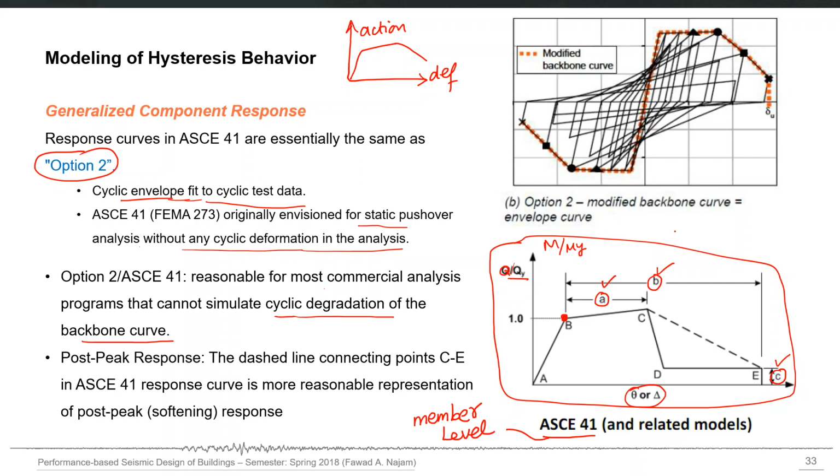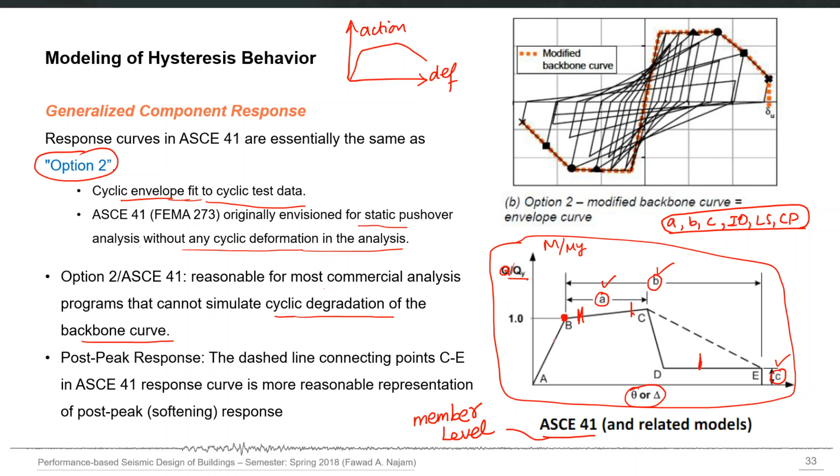So you can get small a, small b, small c as rotations because they are rotation values on the x-axis, and also the IO, LS and CP in terms of the rotation values. These IO, LS and CP markers, you will get them from ASCE 41. And this is just one example. These 6 values you can obtain for columns, for shear walls and for some other components also from ASCE 41.